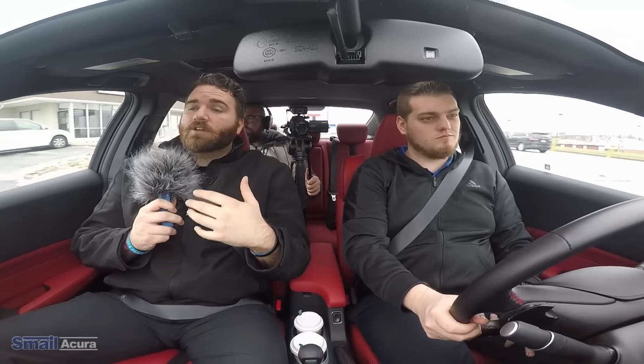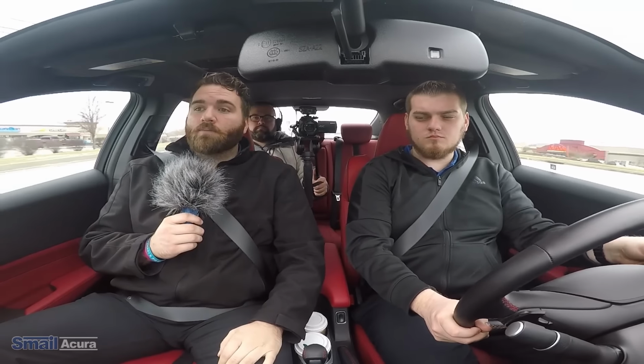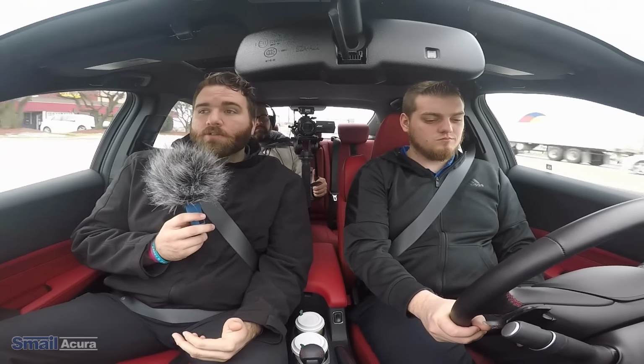Lane keeping assist is very nice because it'll actually keep you inside of the lanes as long as it has nice, clear marks on the ground. But it'll keep you inside of the lanes. And we're gonna test this. We're gonna show you guys what we mean. Now, this isn't a self-driving car. I know I've said this before. It's a safety feature, just in case we all go on those long drives and might get a little bit tired